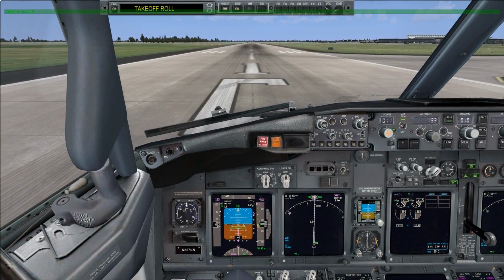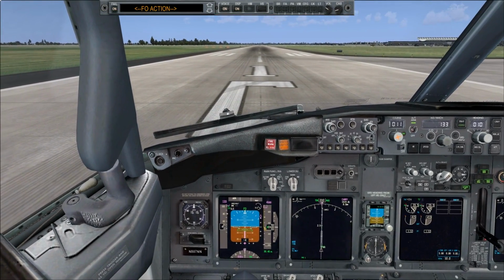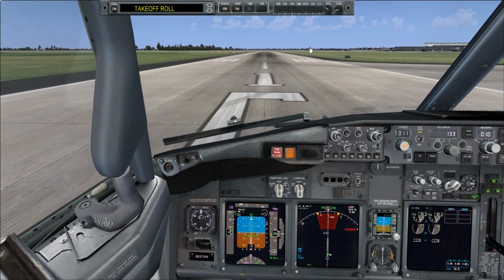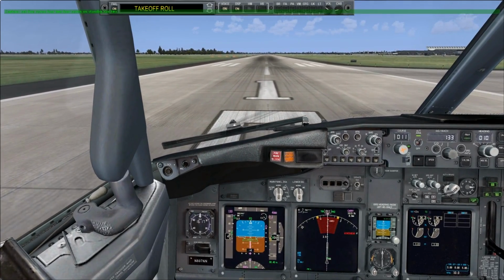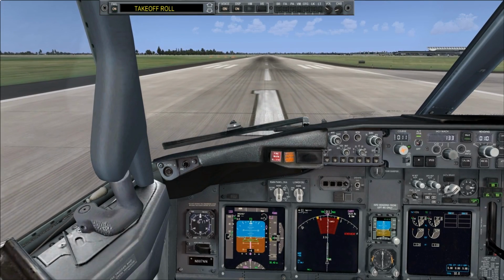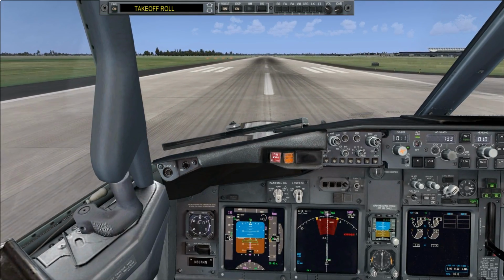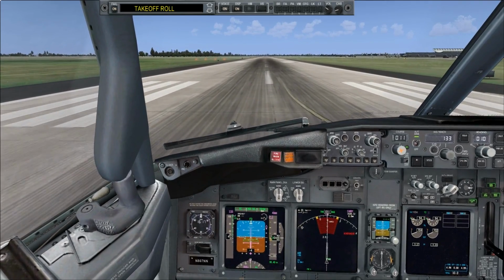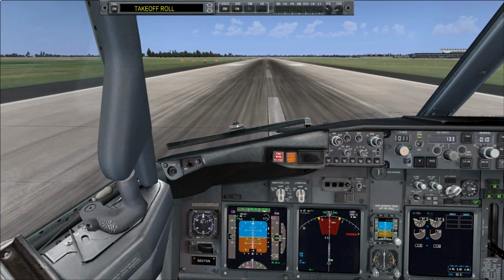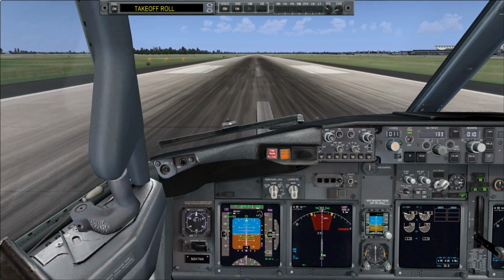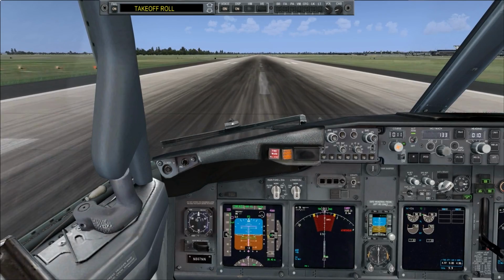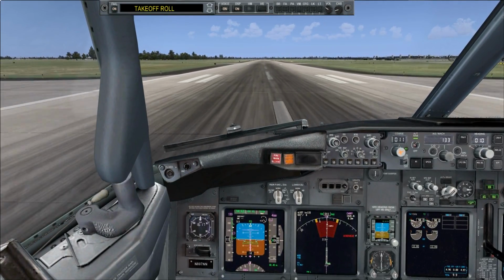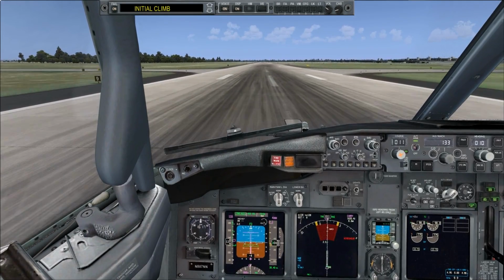Takeoff. Check. Advance throttles to 40%. Wait for it to stabilize. Windshear ahead. Windshear ahead. And there it is. Thrust set. 80 knots. Checked. V1. Rotate. Delay rotation and